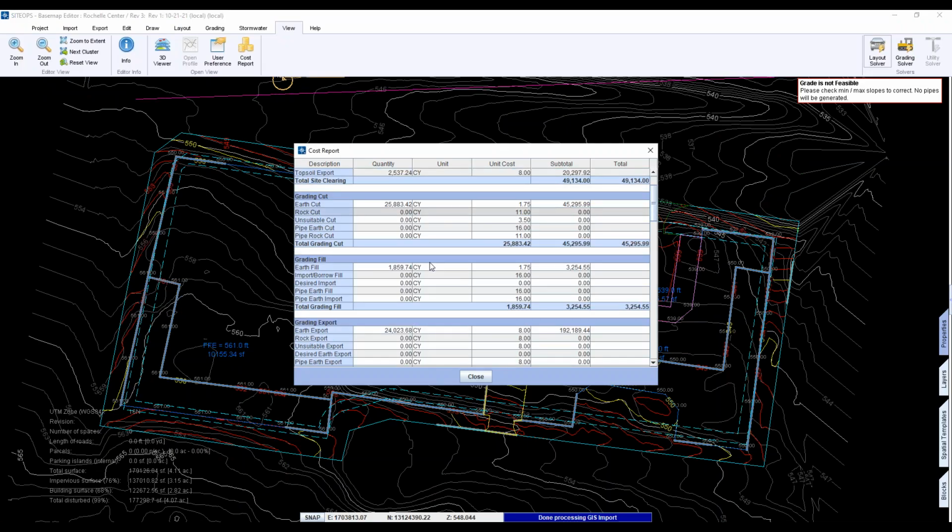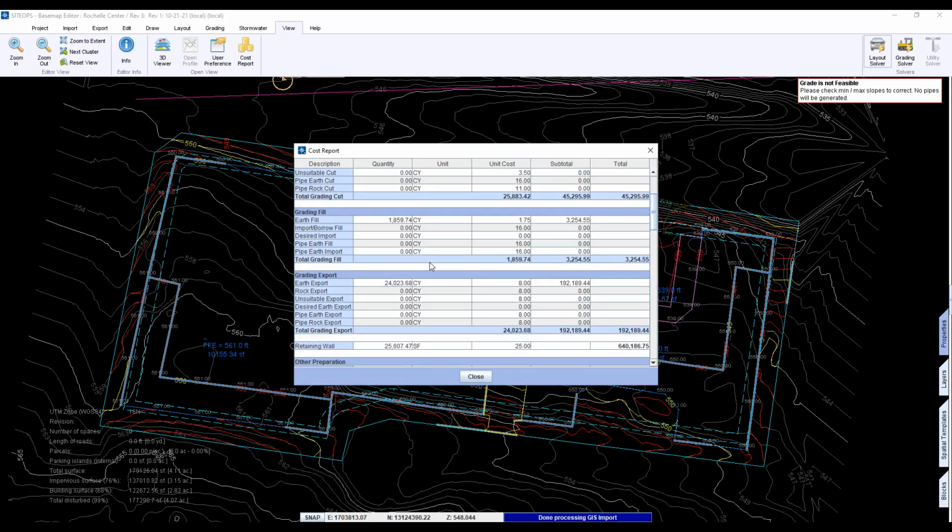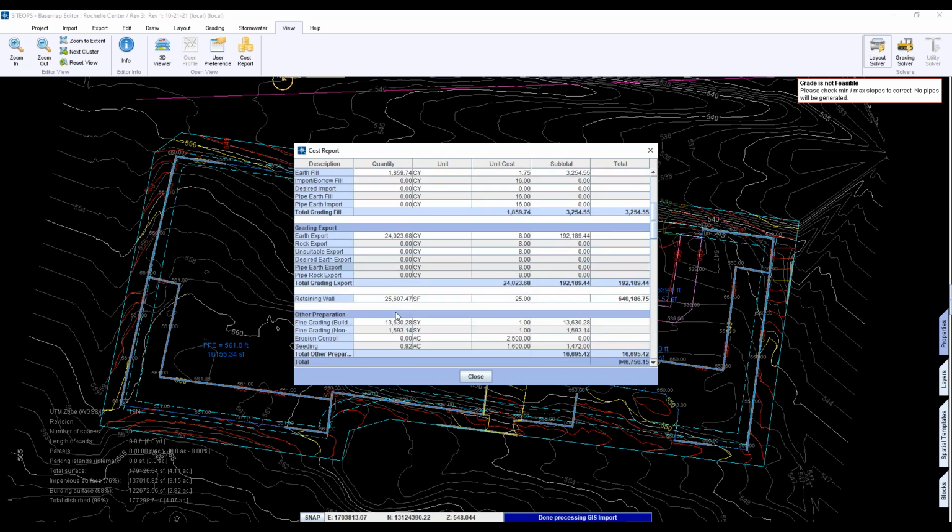Yep, I'm just taking the quantity out. The only thing that the costs are really good for is the optimization part, which is trying to find an optimized balance between wall and dirt. Usually the costs that are in there are relatively close enough for the program to run that scenario. But as far as actually using the cost the way we use it, we don't really pay any attention to these for our estimate, we're plugging in these quantities over here.